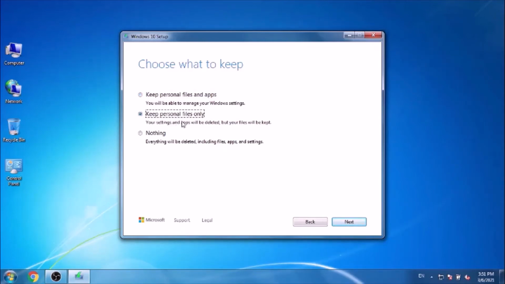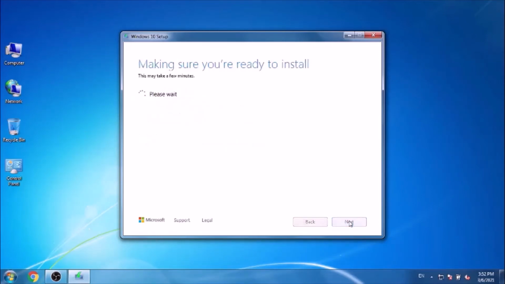The last option, nothing, means everything will be deleted, like you can install Windows fresh. So I'm keeping the first option only, because that is better, because we need everything as before. So click next.